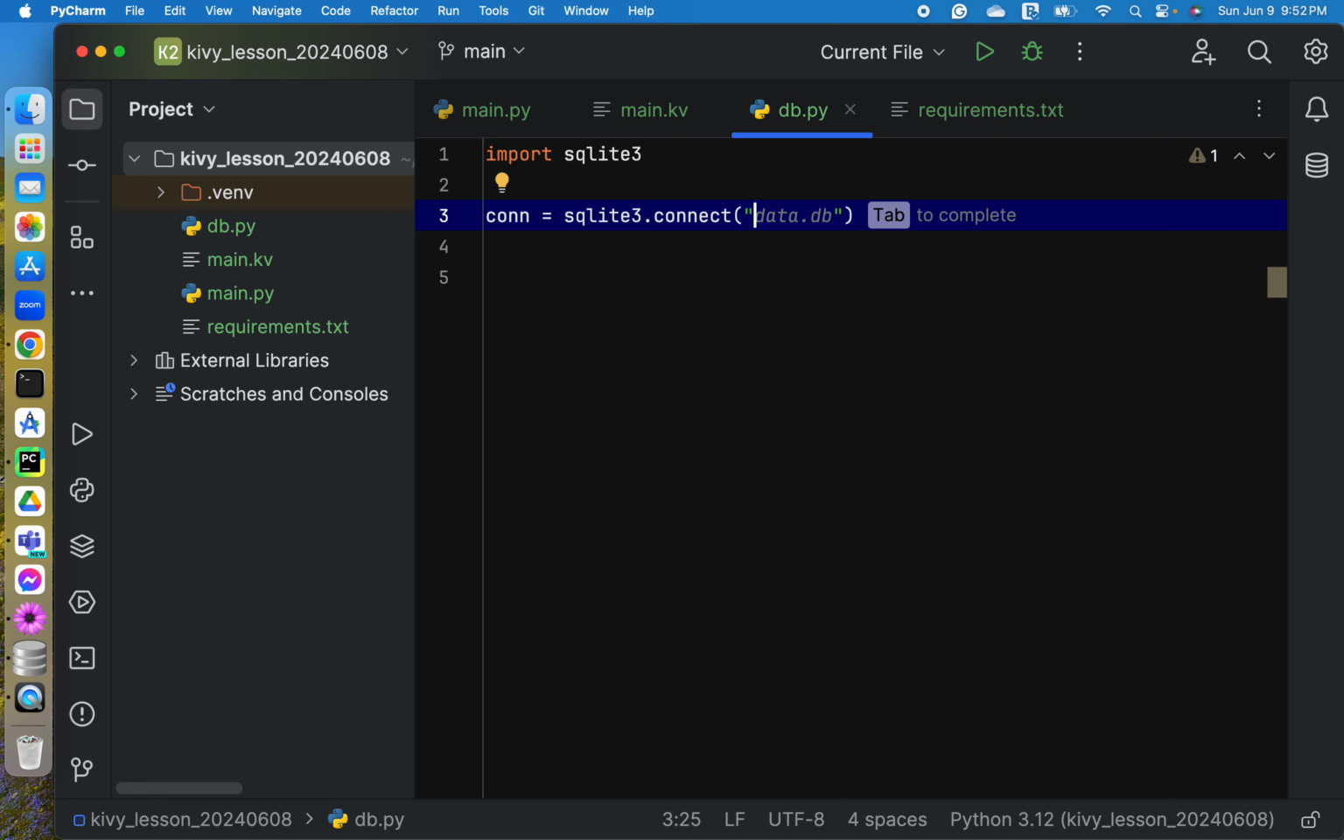So our app is related to toys. So it's a toy sale. So let's create a toys_db.db. So it's up to you on how you are going to name your database. But for this example, I think this would be enough. So if we run this,